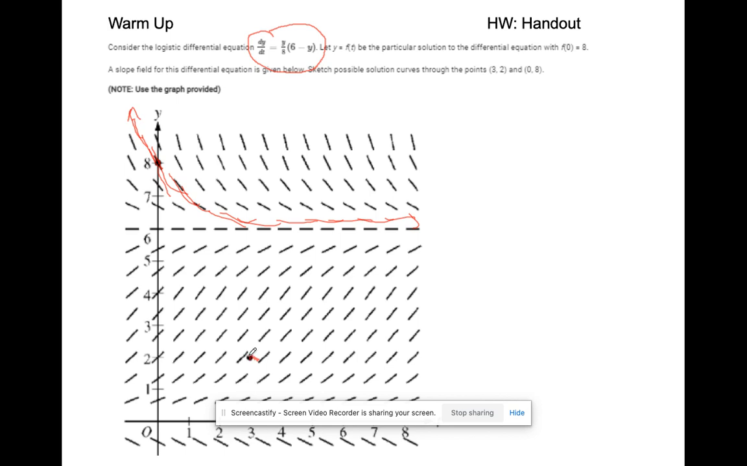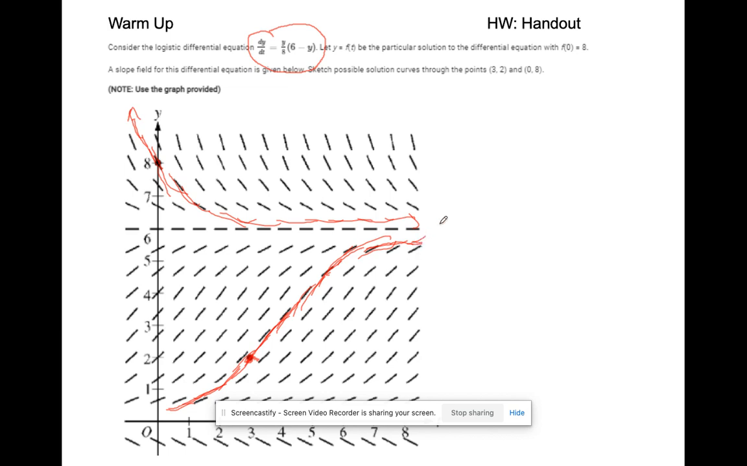Look what happens here with my initial condition. If I go to the left of my initial condition, my slopes are positive. It looks like I should be increasing to this point, still increasing, but my slopes are getting a little bit steeper here. But then my slopes start to decrease, though still staying positive,